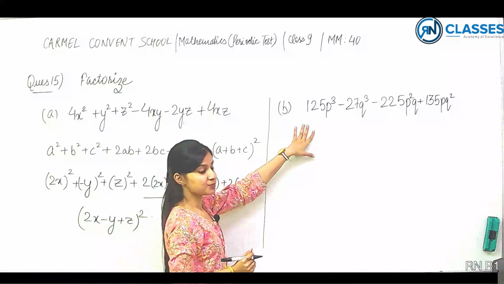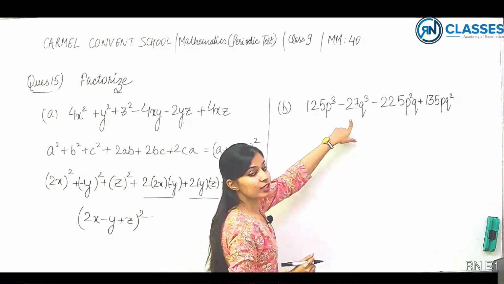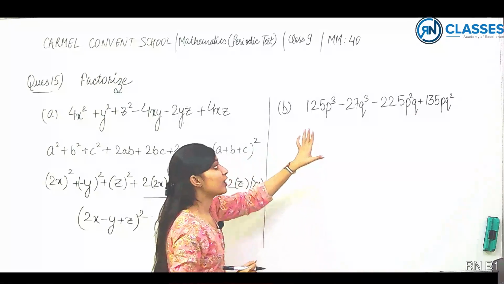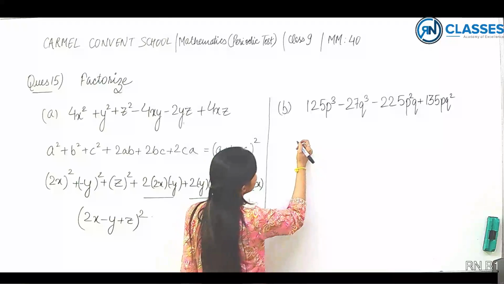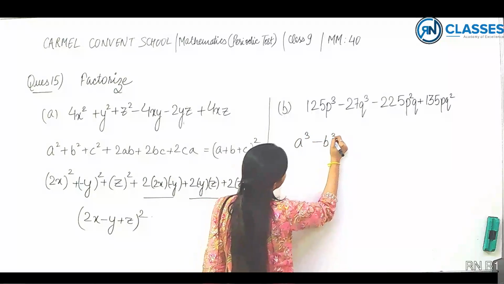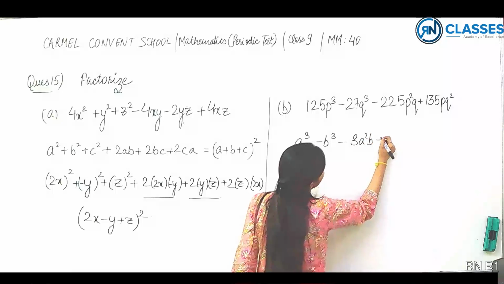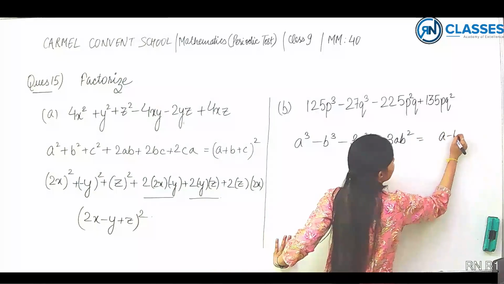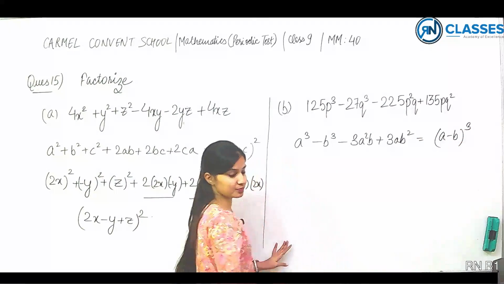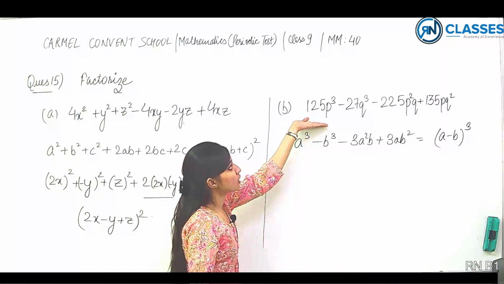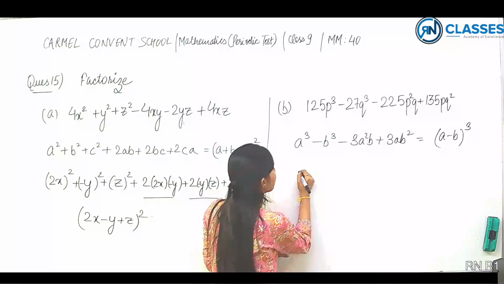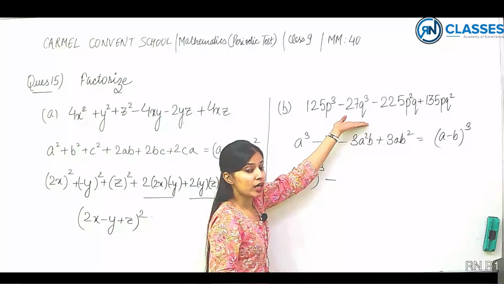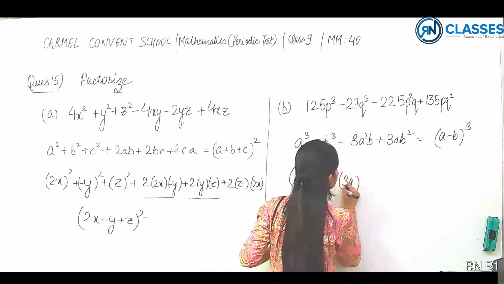Now part B. 125p cube minus 27q cube minus 225p square q plus 135pq square. अब ये कौन सी आइडेंटिटी की याद दिला रहा है? This is similar to a cube minus b cube minus 3a square b plus 3ab square, right? And this is equal to a minus b का whole cube. अब a cube is equal to 5p cube. So this becomes our a minus, this is 3q का whole cube. So 3q का whole cube